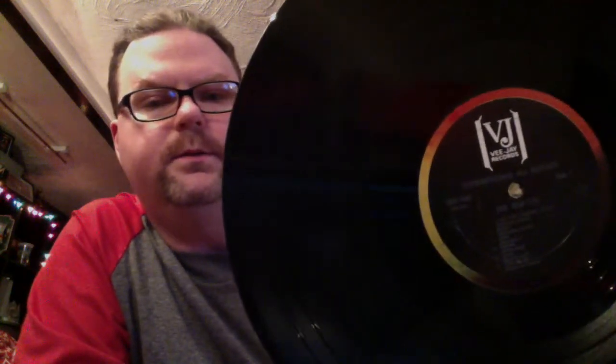A couple of the things that I was able to find is if you see George there, there's usually a pretty pronounced shadow next to him. You can see that it's been cropped, and this is definitely a fake version or a later version of the album. The VJ label is, you can tell it's kind of